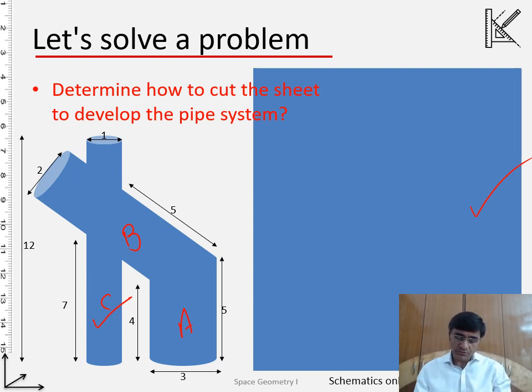So the problem that you have to solve is to cut this sheet so that whatever three pieces you cut out, once we fold them, we are able to generate object A, object B, and object C, and then we can simply join them to create the object as I'm showing you here. So just pause your video, try to solve this problem, and in the next slide I will show you the answer.